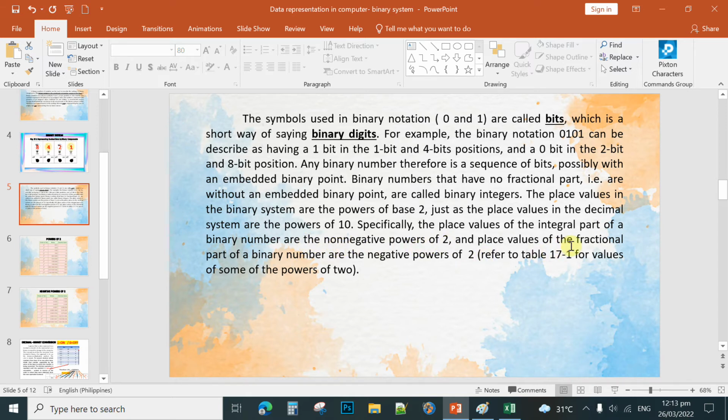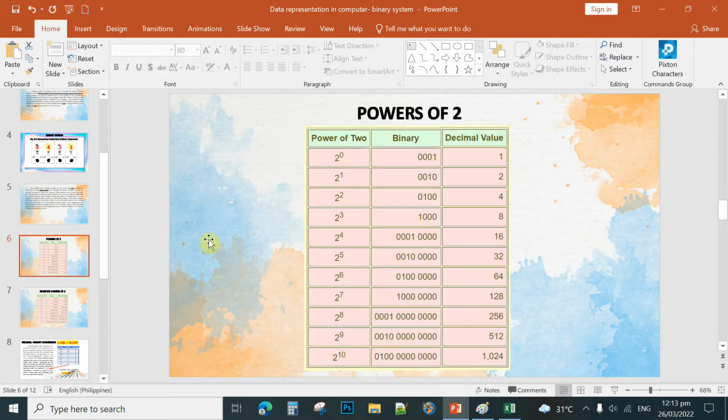the place values of the fractional part, meaning fraction as part of a whole, of a binary number, are negative powers of 2. So refer to the table on 17-1 for values of some of the powers of 2. These are the powers of 2. So 2 raised to the power 0: in mathematics, any number raised to the power 0 is equal to 1. You can see the value in binary is